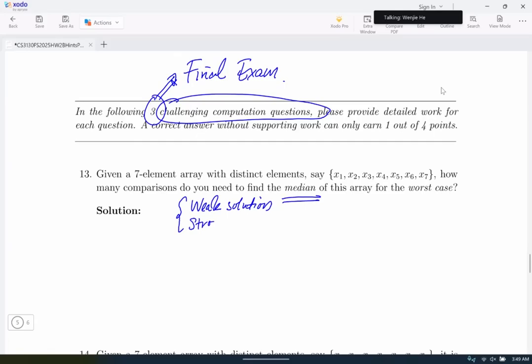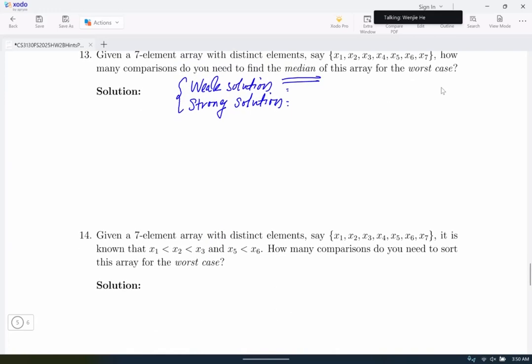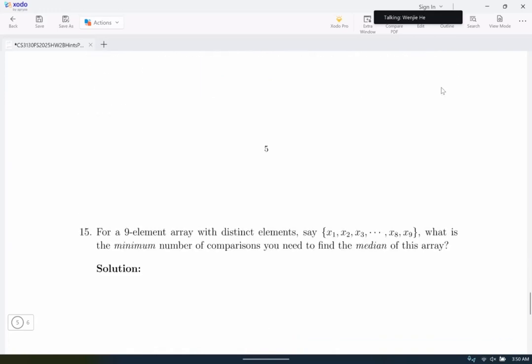The second way, strong solution. These 2 different ways. All right. So for weak solutions, there is a relatively easy way you can solve. So here I give you some important information. For the weak solution, here I like to give you some